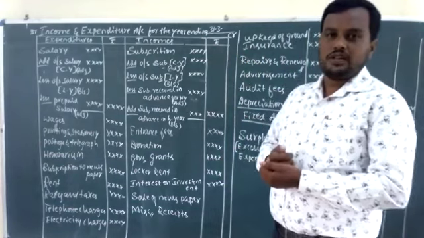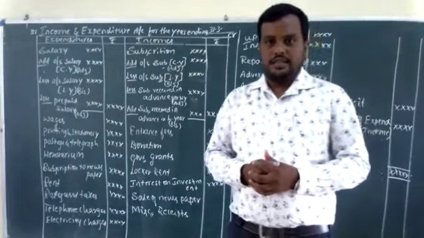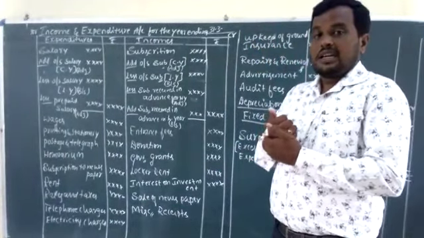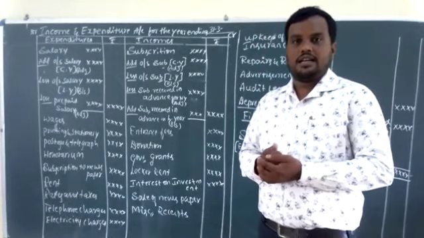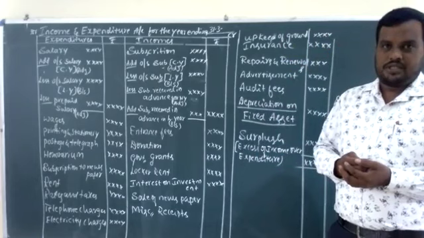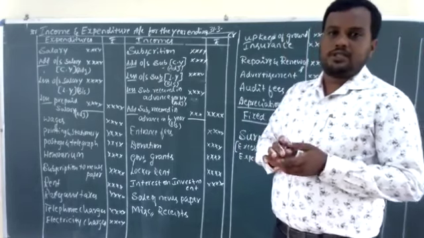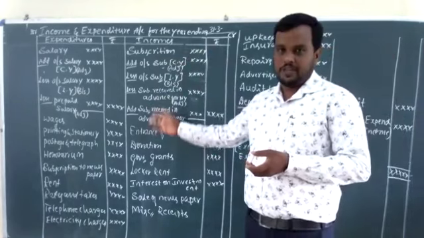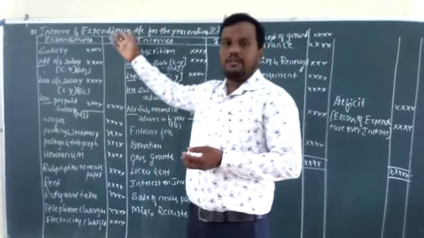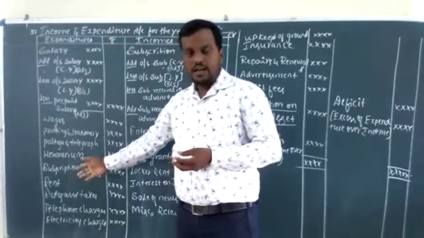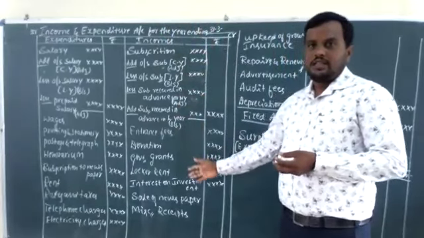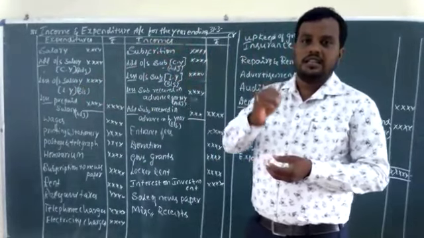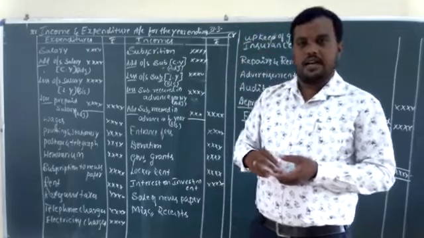The receipts and payments account includes capital and also revenue items, meaning recurring nature and also non-recurring nature. We have to classify what are the revenue items and capital items. All the revenue items, whether incomes or expenditures, are to be recorded in the income and expenditure account. All the revenue expenditures are recorded in the debit side and all the revenue receipts are recorded in the credit side, with the consideration of all the adjustments, even of last year and also current year.